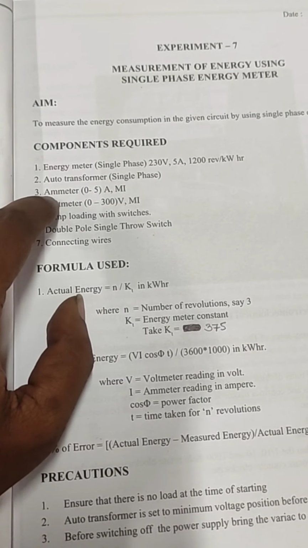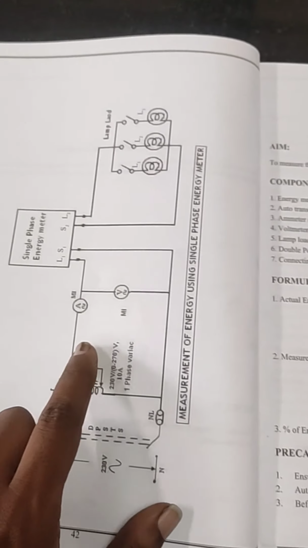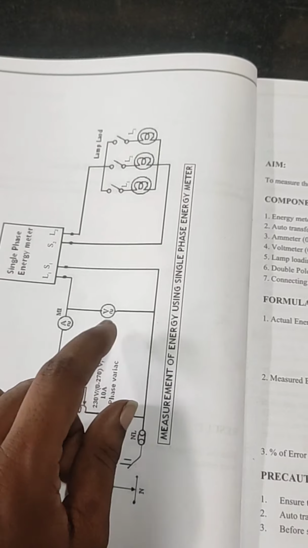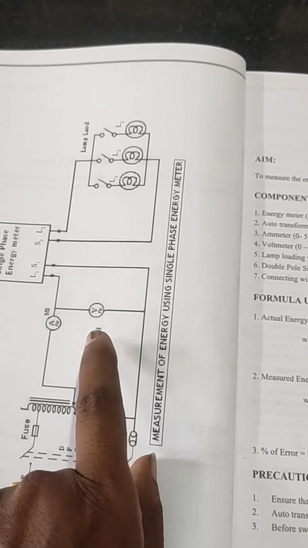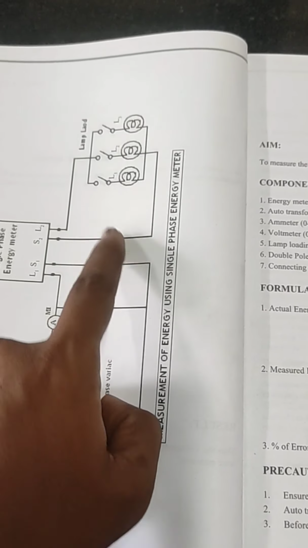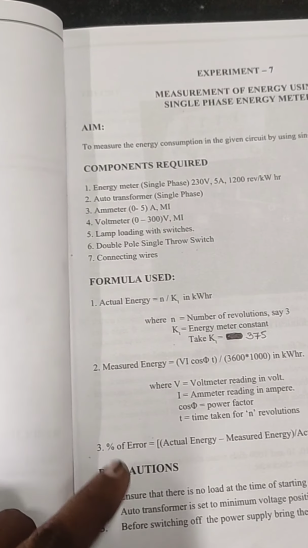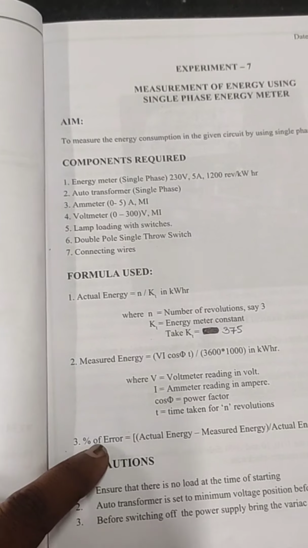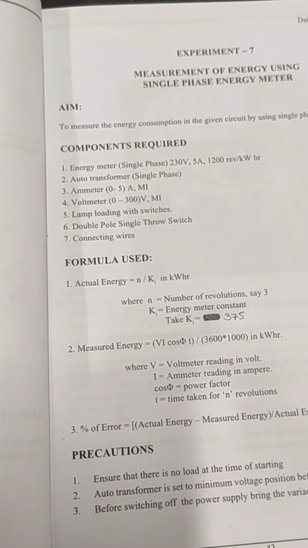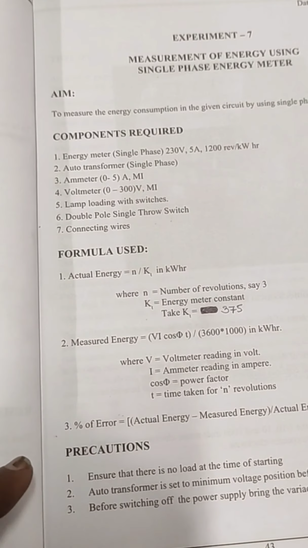Why we need to use these two instruments is that, conventionally, we measure the power consumed at the input end itself. We compare the available power value with the obtained power value, and the difference between those two is said to be the error value. So if your error value is negative or 0, then your consumption is exactly recorded on the energy meter. That is the concept behind it.